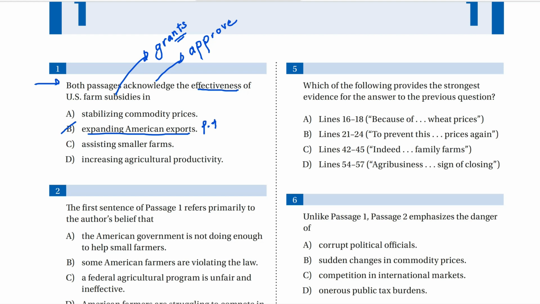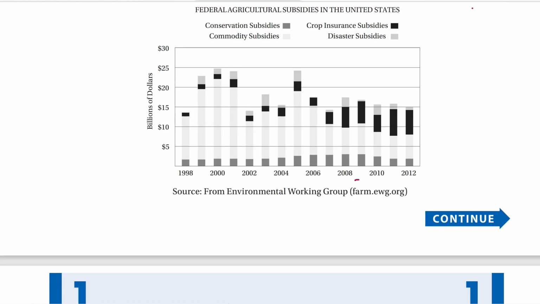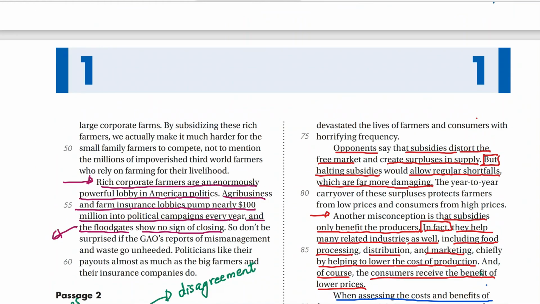Assisting smaller farms كانت في passage number كام يا شباب؟ No, passage number 1. Increasing agricultural productivity. A big question mark and I haven't almost seen it. Okay. طيب تعالوا بقى كده يا مستر، انت why do you go for stabilizing commodity prices؟ استقرار ال commodity prices فين يا مستر؟